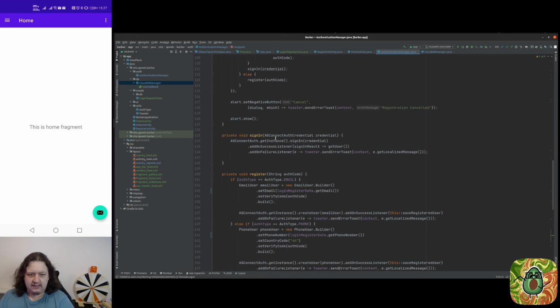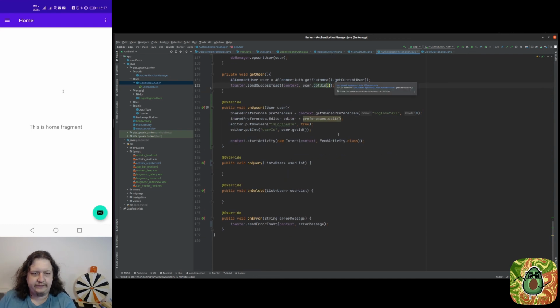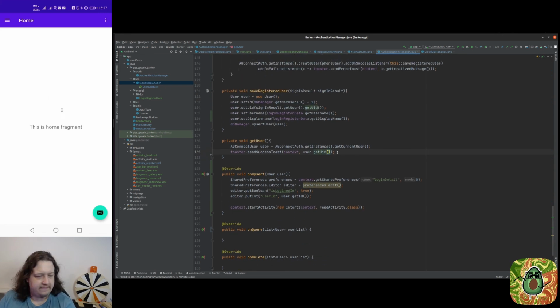So it's here essentially that we say, right, at the moment we're going to say sign in result, get the user, and that's going to give us this user, which we do actually want because that's going to give us the UID. We now need to search our database for the matching user and get that back and basically do the same thing here, but we don't have the user yet. That's what's going on here. So what I would like to do is